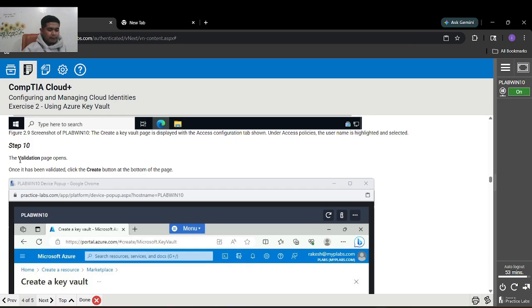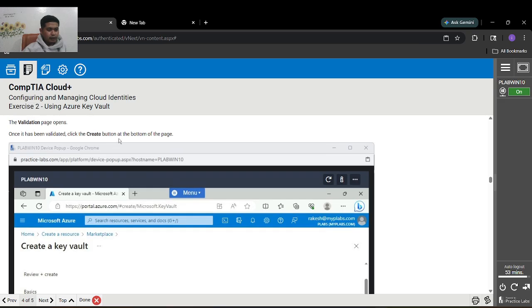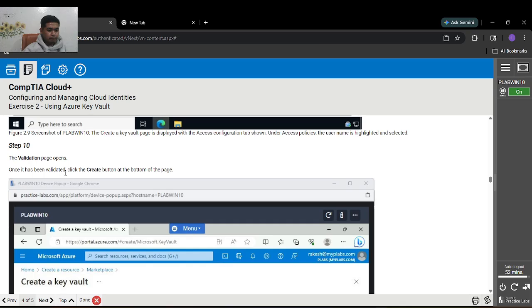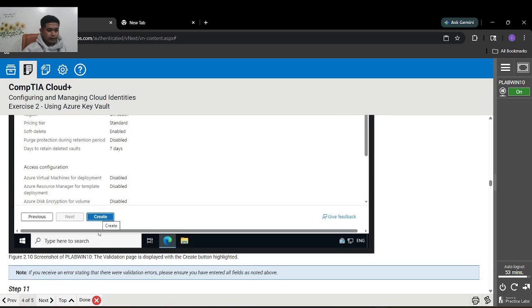Step 10, the validation page opens. Once it has been validated, click the create button at the bottom of the page. Here, click create.